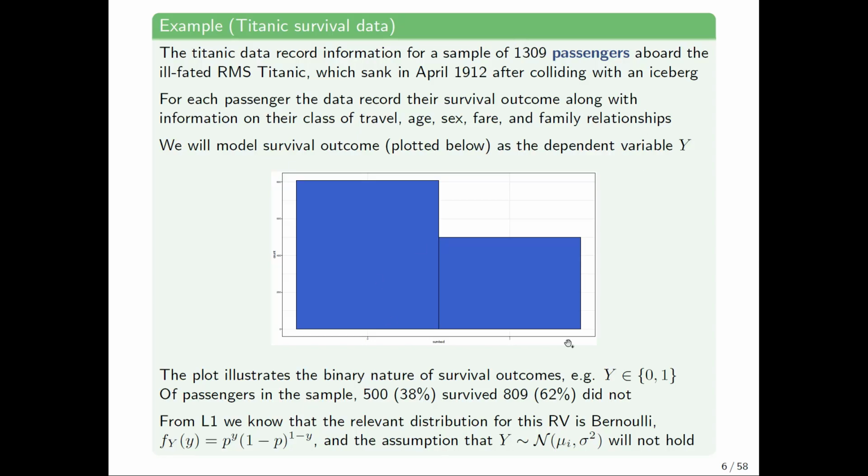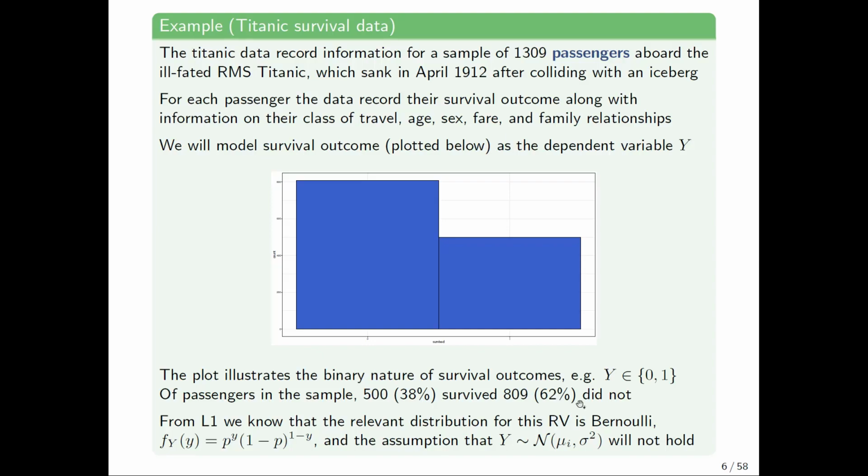Now the plot shows the dependent variable. This is the response that we want to model. And as you can see, it's binary. It takes the value of 0 if the passenger did not survive, and it takes the value of 1 if the passenger did survive. So of the passengers in the sample, 500, or about 38%, survived, and 809, or 62%,